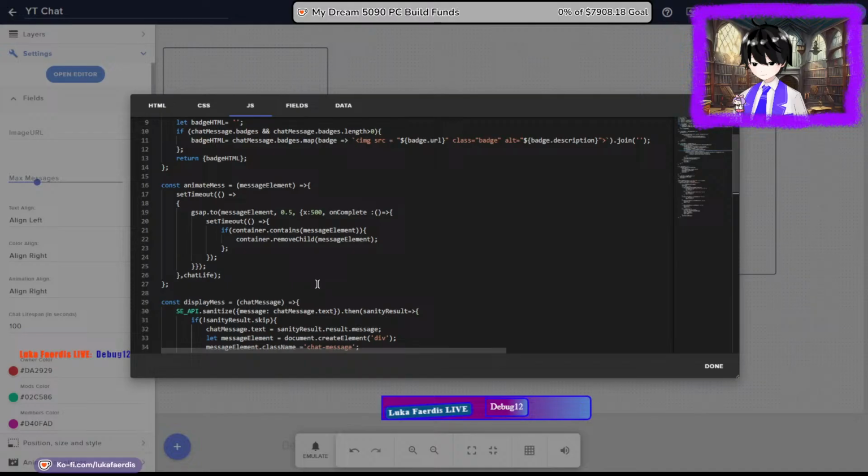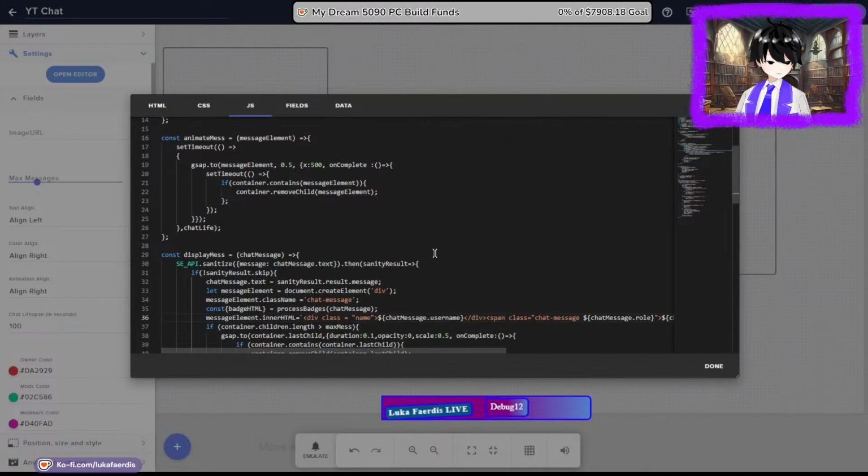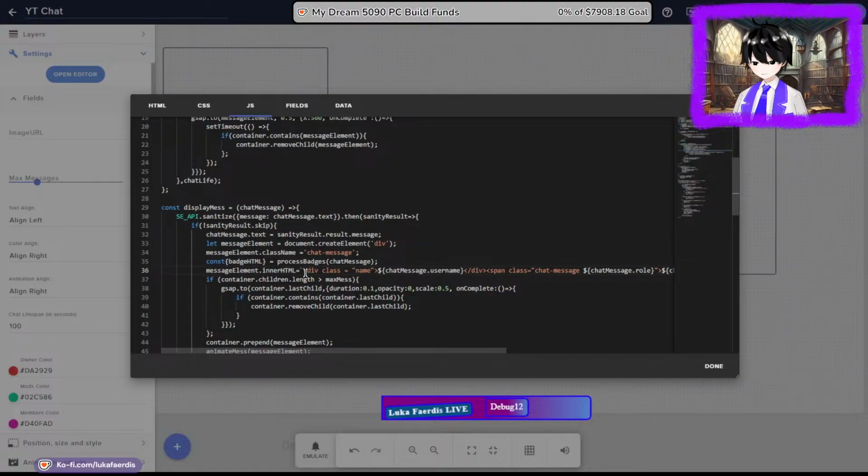Animate, so after lifespan it will end. Huh? Okay, so